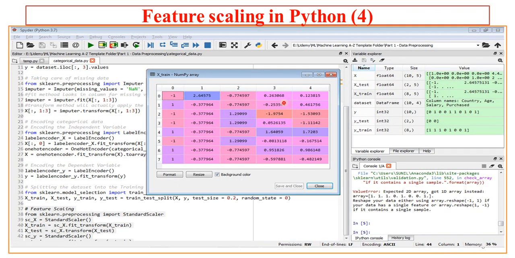So here is the output, when I select my feature scaling part of the code of the entire pre-processing and all these steps we followed, right from the first step to the last feature scaling step. When I execute this complete code and now I inspect x underscore train object, what do I get?